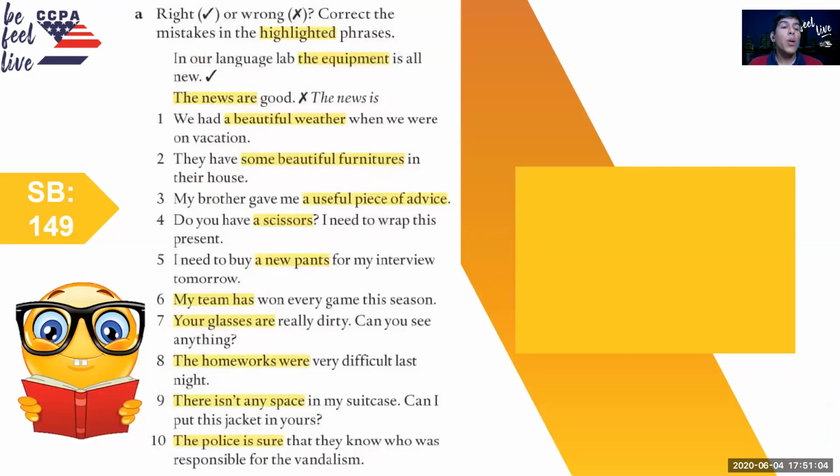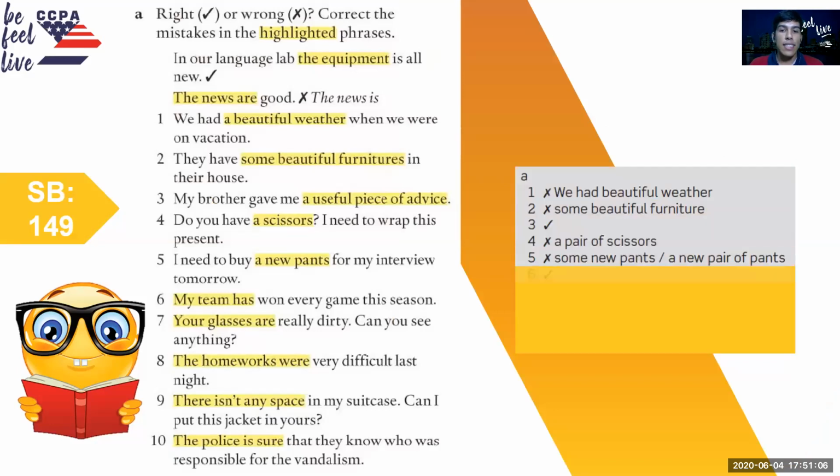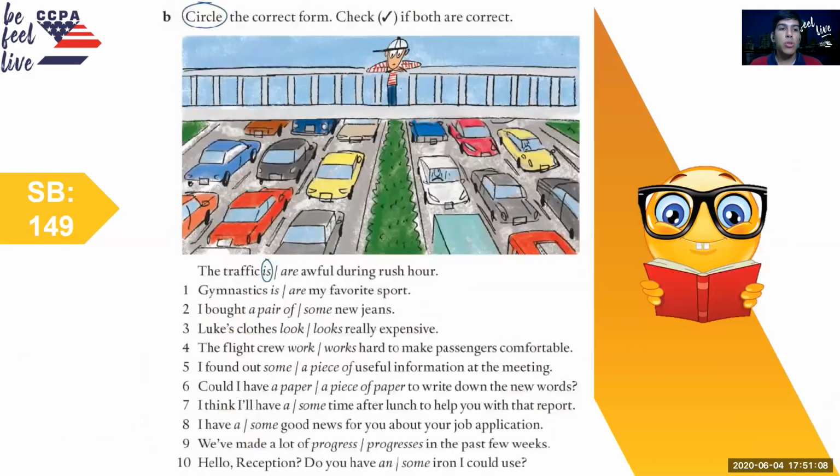Great. So we finished activity A last class. So we're going to move now to activity B. This is on student book page 149. So let's move to 149. And exercise B says, circle the correct form, check if both are correct. And we have an example there. The traffic is awful during rush hour, or the traffic are awful during rush hour. And the right option is circled already, which is